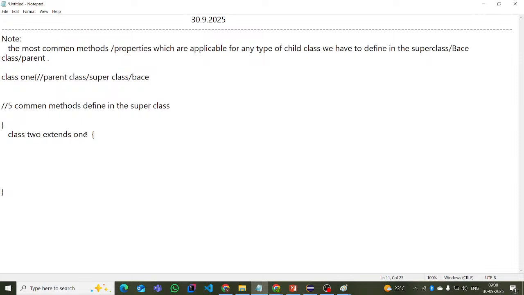Then what will happen in the inheritance concept? We can access all members available in the parent in the child class. So this is the main advantage of inheritance. The main purpose of inheritance is code reusability. Clear? Now what I am trying to make a point here,